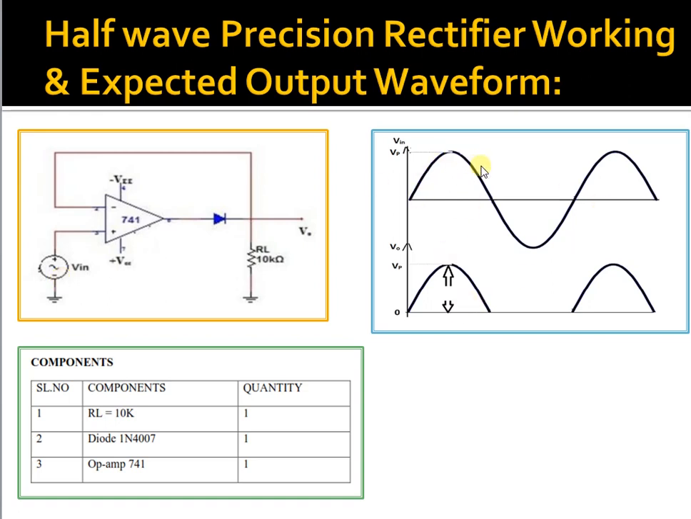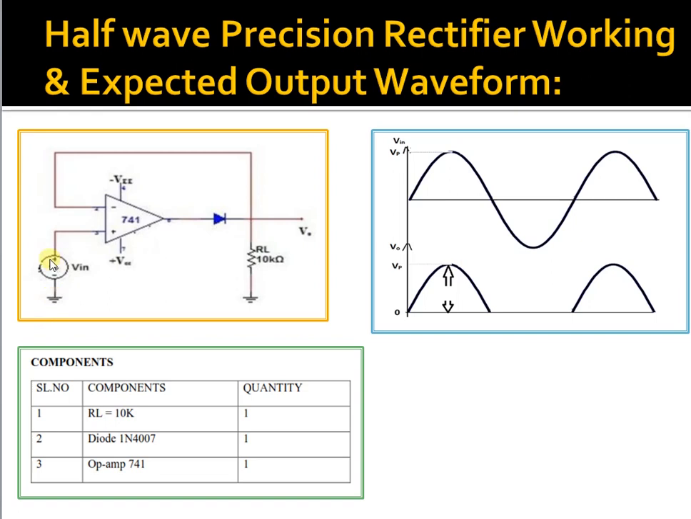So during the positive half cycle, you obtain the same positive half cycle at the output having the same amplitude as that of the input signal. So if the input voltage has a peak value of Vp, the output voltage will also have a peak value